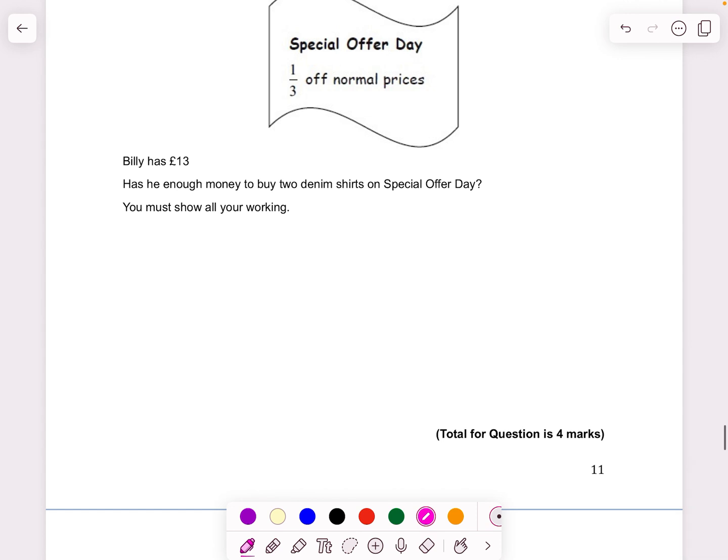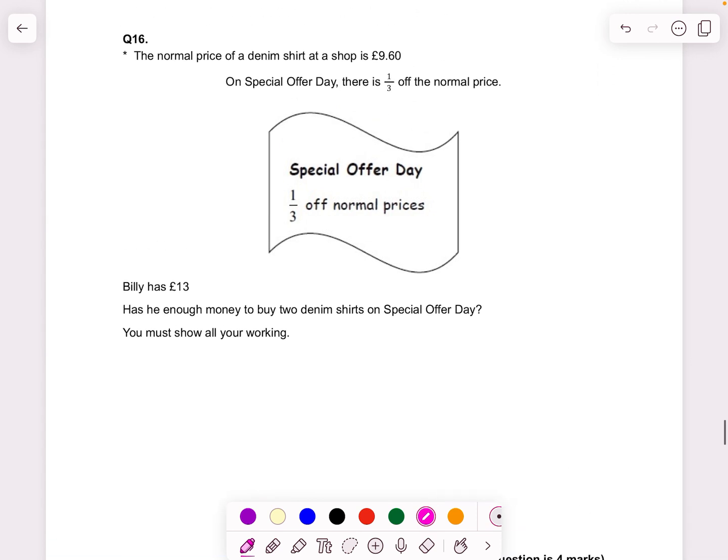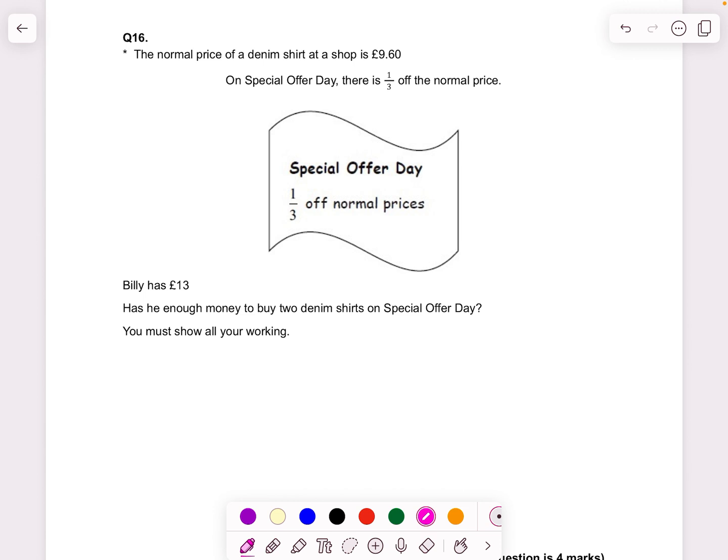We had to work out if he had enough money. So it's a third off the normal price. So we find a third of £9.60. Finding a third of something is the same as doing £9.60 divided by 3. How many 3s into 9? 3. How many 3s into 6? 2. How many 3s into 0? 0. So a third of